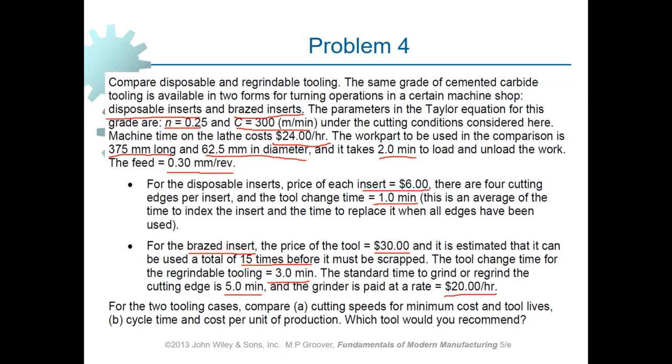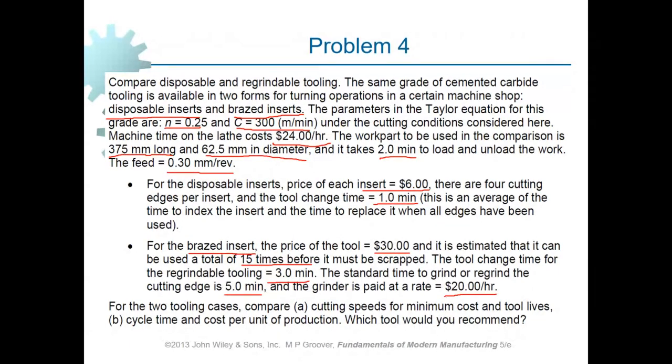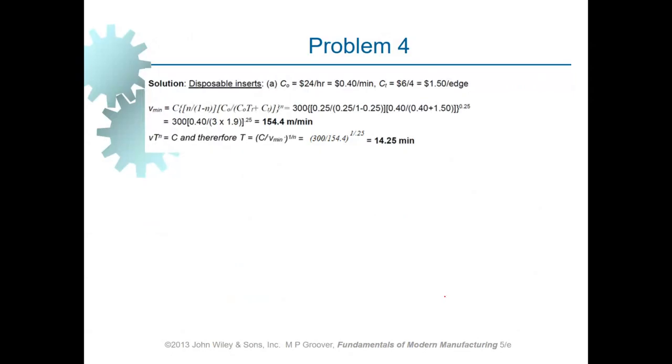In order to do this problem, the way that we do the problem is similar to the previous problems that we had, problems 2 and 3. What we need to do is to take the right equations from the equation sheet and do the problem exactly the same as what we did for the previous problem. So we take a look at the equation sheet and take the equation for cutting speed giving us minimum cost out and substitute the values, and then it gives us the cutting speed resulting in, say,